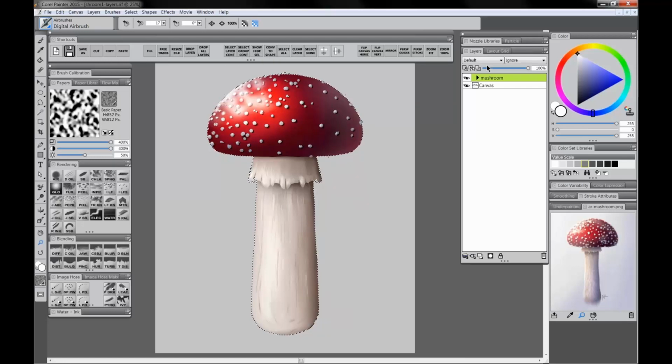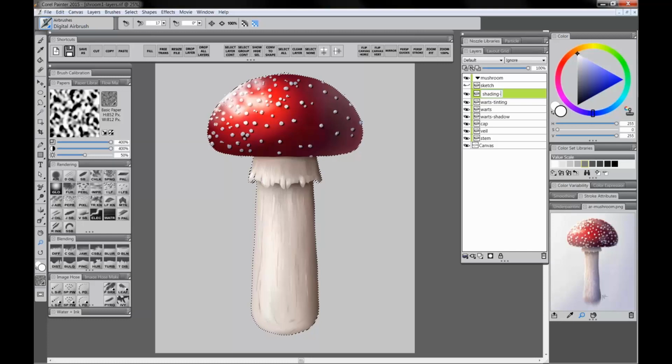That puts a selection around a group of layers. These layers I grouped together with Control-G. So if you don't have Select Group Content, then, as I mentioned before, you'd have to add selections and layers for each of those layers. But what we'll do here is we will add a new layer, and let's call this